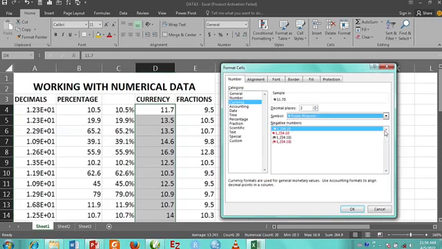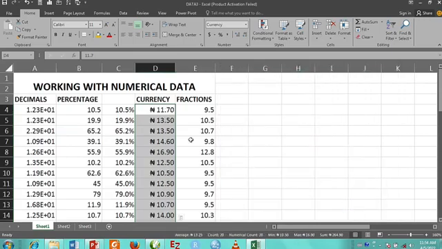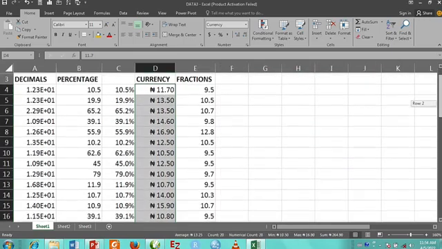Alright, there we are. And then it gives you the option of choosing how you want negative values to reflect. So I want them to reflect in this manner, or you want them to reflect in the form of a parenthesis. So I'll pick that, and then when I'm done, I can also choose the total number of decimal places I want my value to be in. And here Excel gives us an example to look at the sample of what we are doing. So when you are done, you click OK, and this is how the numbers reflect in the form of a